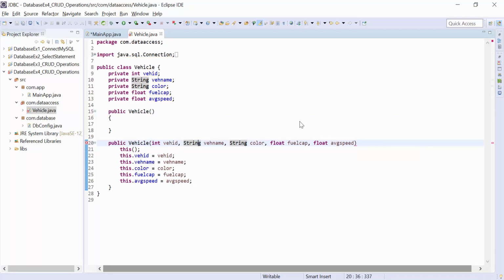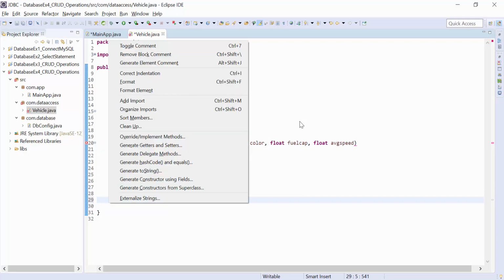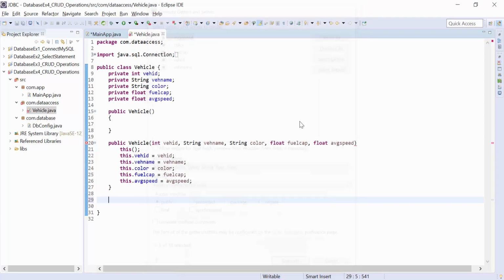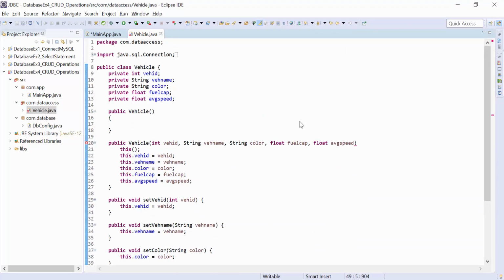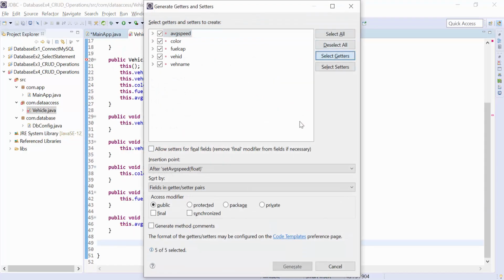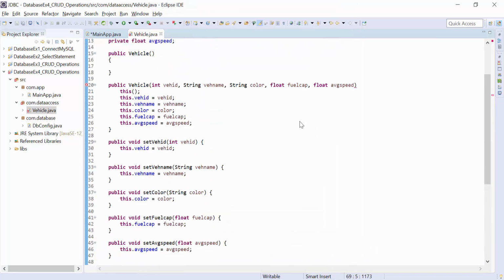That is simply a class, but here we write set and get methods. So we have some set methods, this is a set method, also we write get methods.